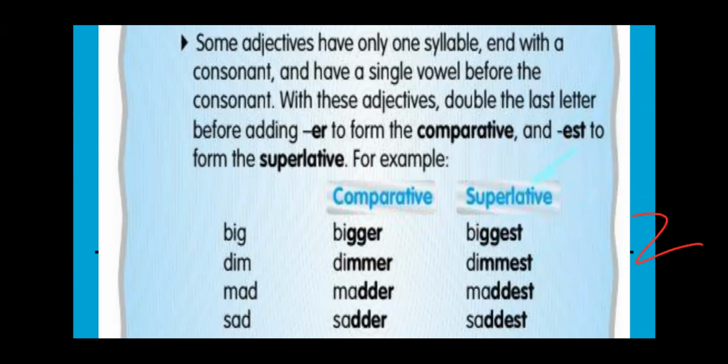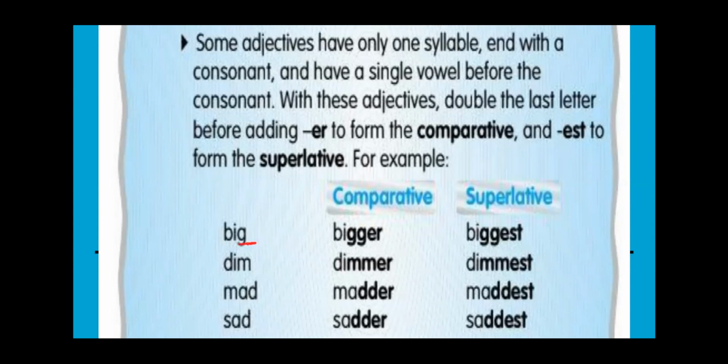Here it is saying, when the words have only one syllable and end with a consonant. So here G is a consonant. All of you are aware of vowels and consonants, right? Or does anyone want me to explain? Okay, to revive your memory: A, E, I, O, U are vowels. Apart from that, B, C, D, and so on till Z are consonants.